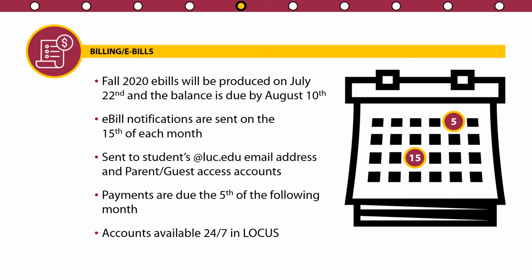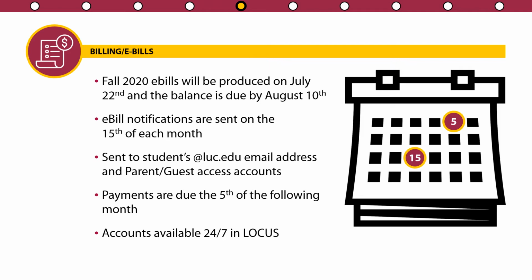For the fall 2020 semester, we did a special exception for billing a little bit later, with the balance due by August 10th instead of August 5th. If you are still using loans, grants, or scholarships, and you feel that you should have a zero balance, that's what would be represented on your e-bill. If you see a balance on your e-bill, that balance would be due by August 10th,